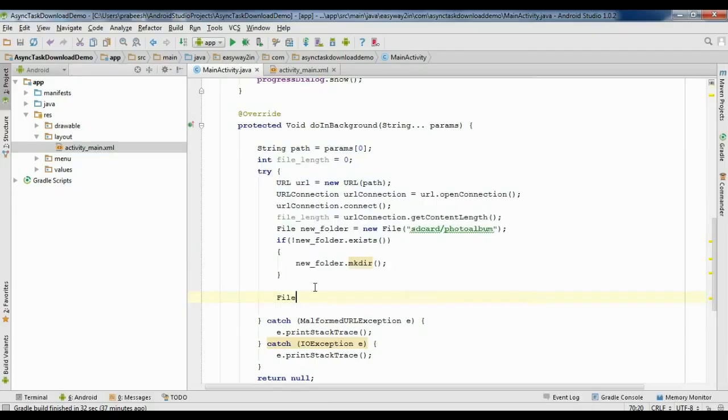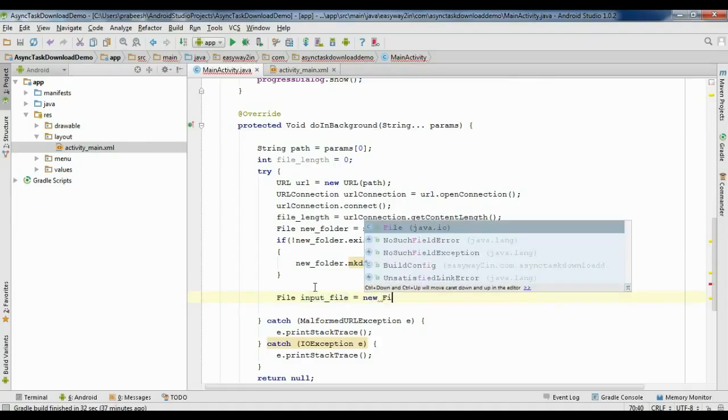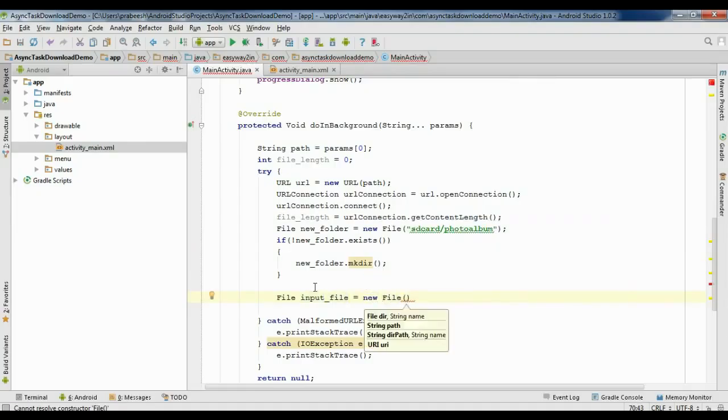So create another file object. I name it as inputFile equal to new File, and specify the directory. Here the directory is available in this object called newFolder. So newFolder, and specify some name for the file. I name it as downloadedImage.jpg. Okay,